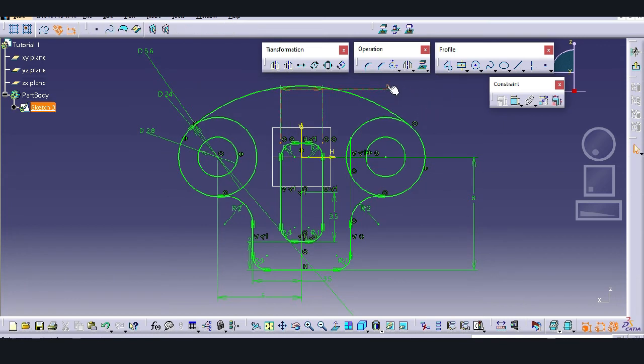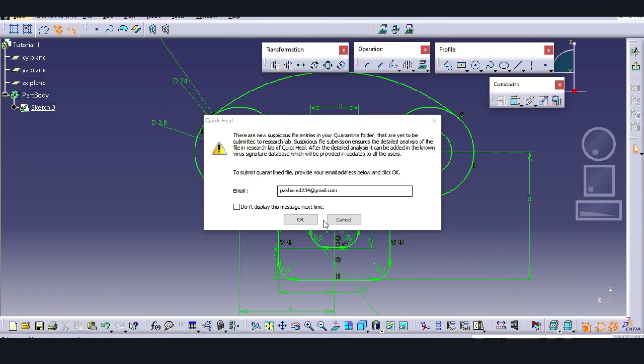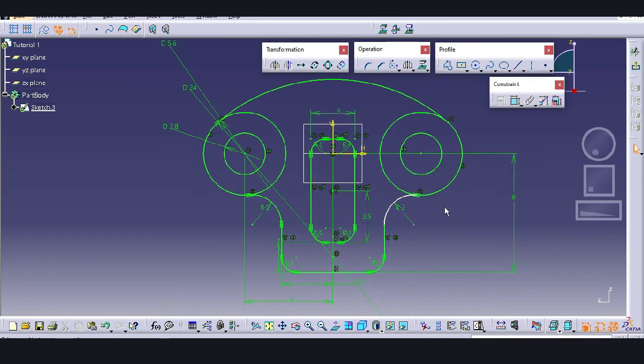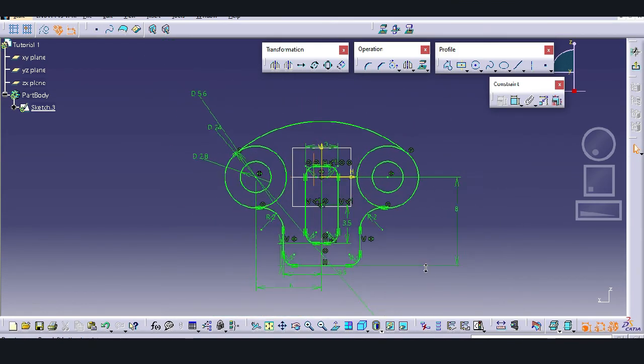So here our design is completed. Tangency. Okay, so now the design is ready as per our 2D drawing.